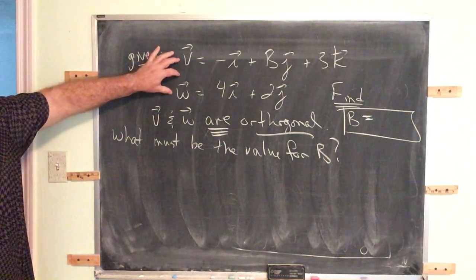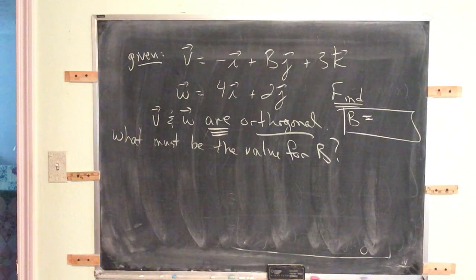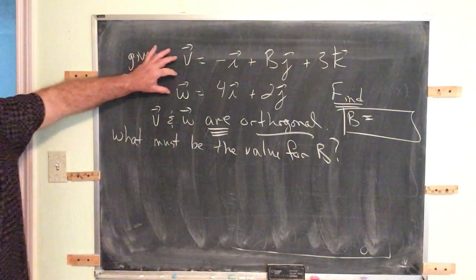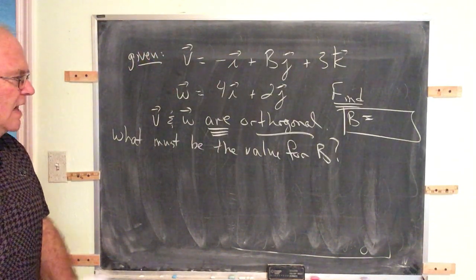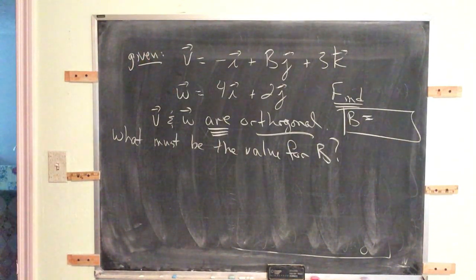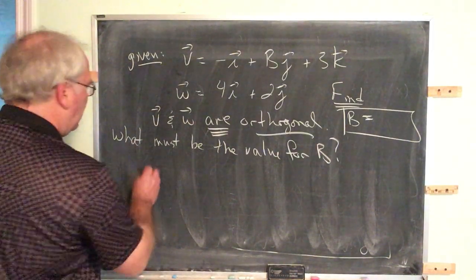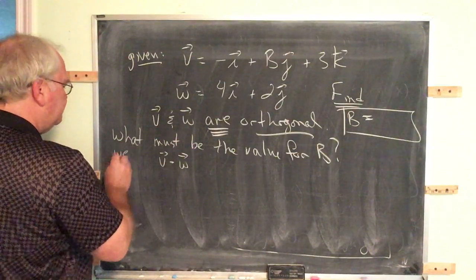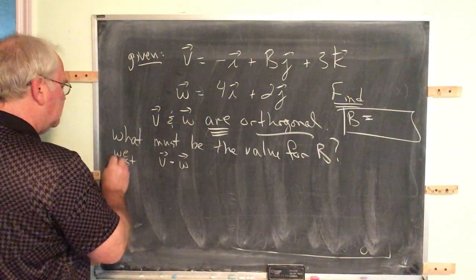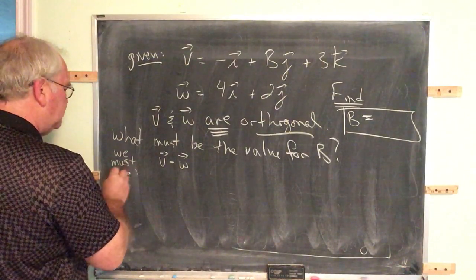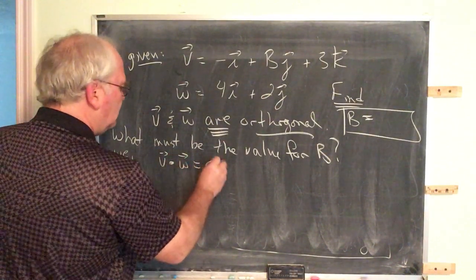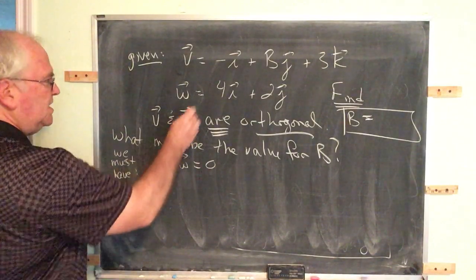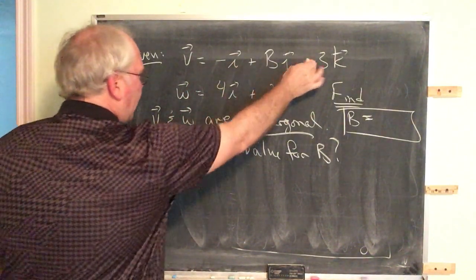Recall that two non-zero vectors are orthogonal if and only if their dot product is equal to 0. So if we form the dot product of these two vectors and set that to 0, that should allow us to back solve for the value of b that we're looking for. So we require that v dot w equal 0, which is to say that the dot product of these two vectors, which means